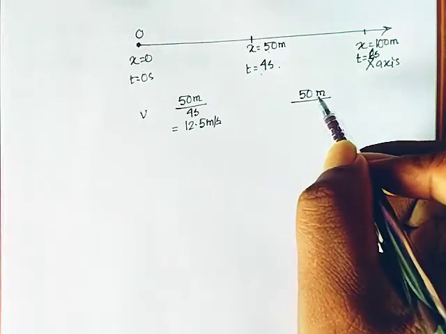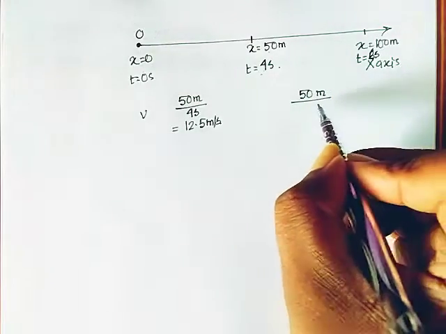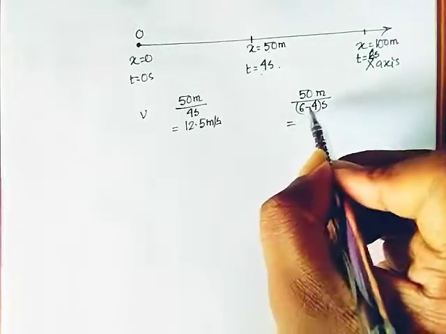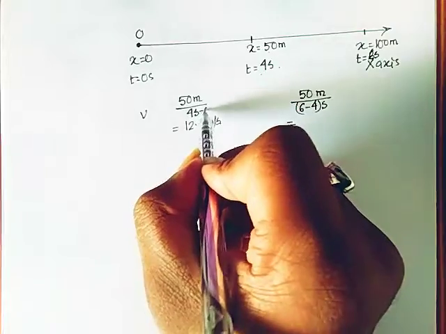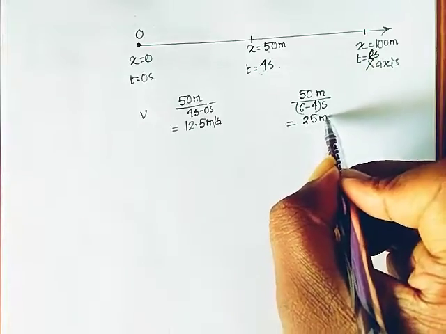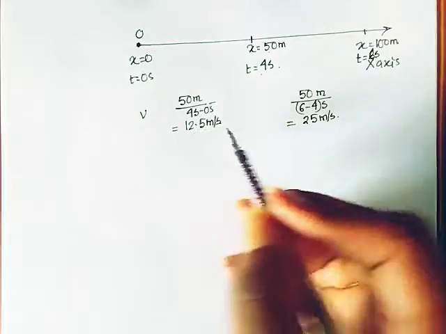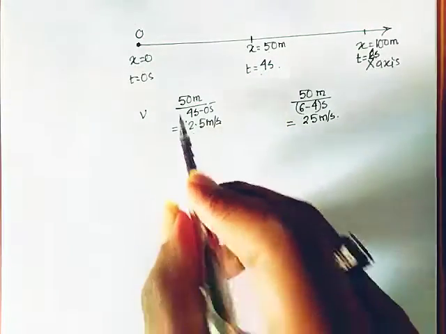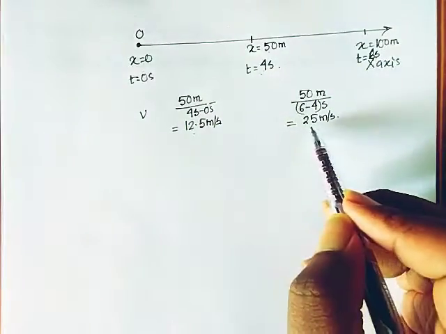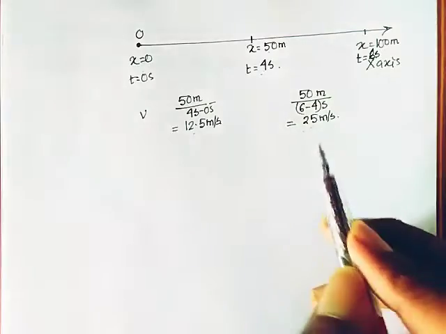this is the path length or the displacement here, because it is moving along the same direction. The time is 6 minus 4 second, that is 2 seconds, so that will be 25 meter per second. So you can see the direction is not changed, but the magnitude of the velocity is changed. At the first interval from 0 to 4 second, its velocity is 12.5 meter per second. In the next interval, velocity becomes 25 meter per second, so the velocity is changed now. It becomes twice that of the previous.